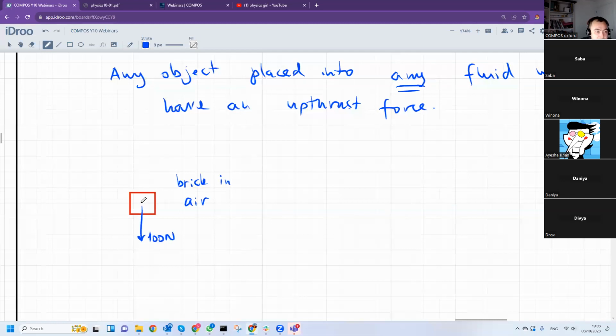Oh, sorry, there's no upthrust force. In order to lift a brick, you need 100 newtons of force. If you want to lift it, you need 100 newtons of force. Now, if the same brick is in water,